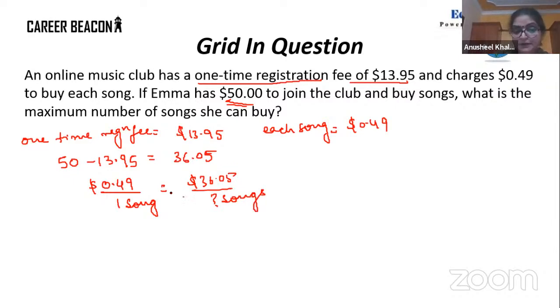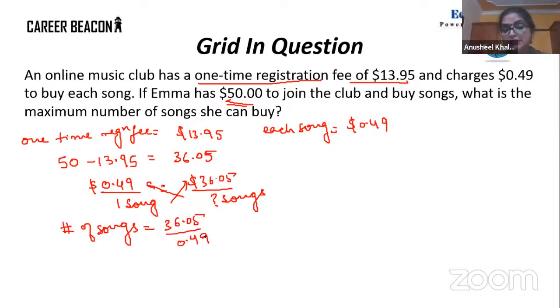So we can set up the proportion and we can solve. From here, we can get the number of songs that can be bought by Emma is 36.05 divided by 0.49, right? So whenever you see that you have to perform complex calculations, you will,